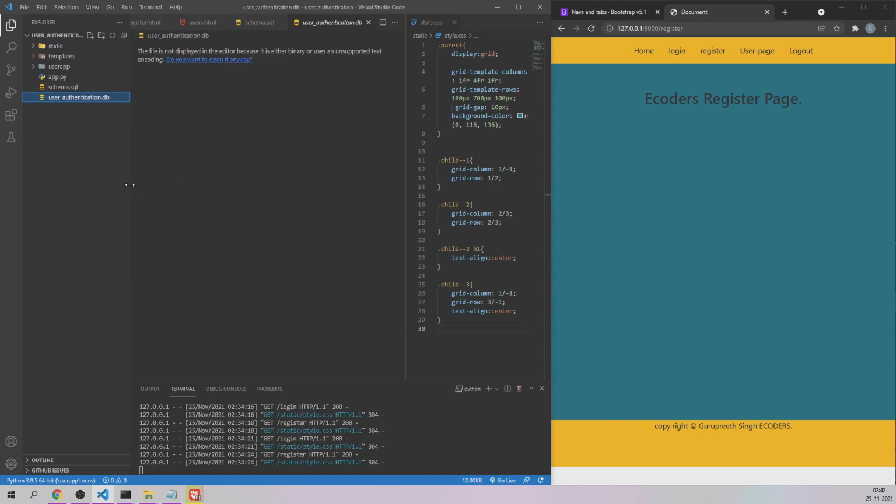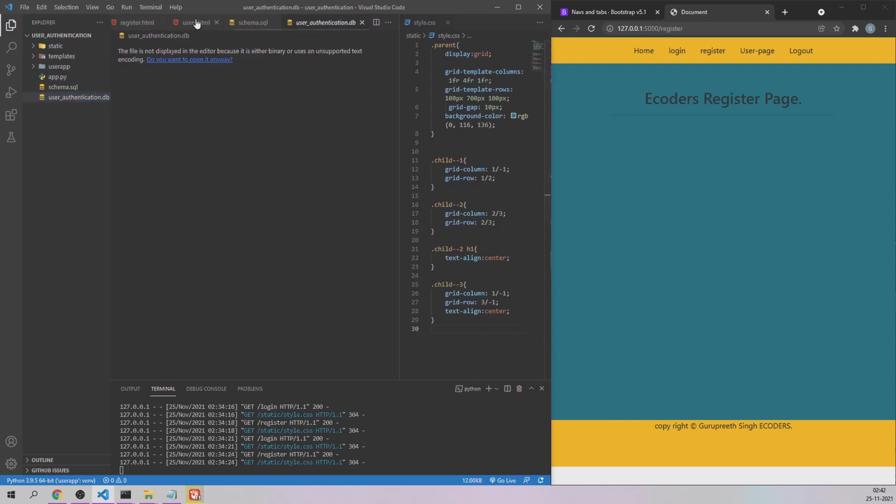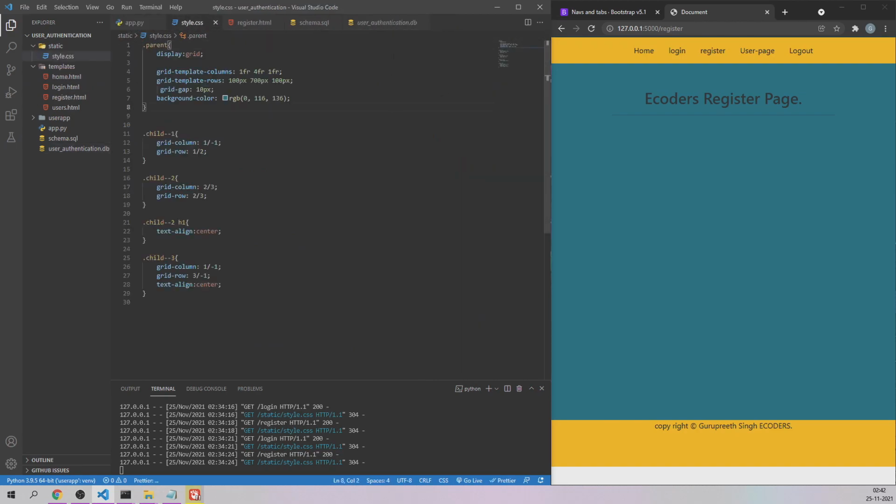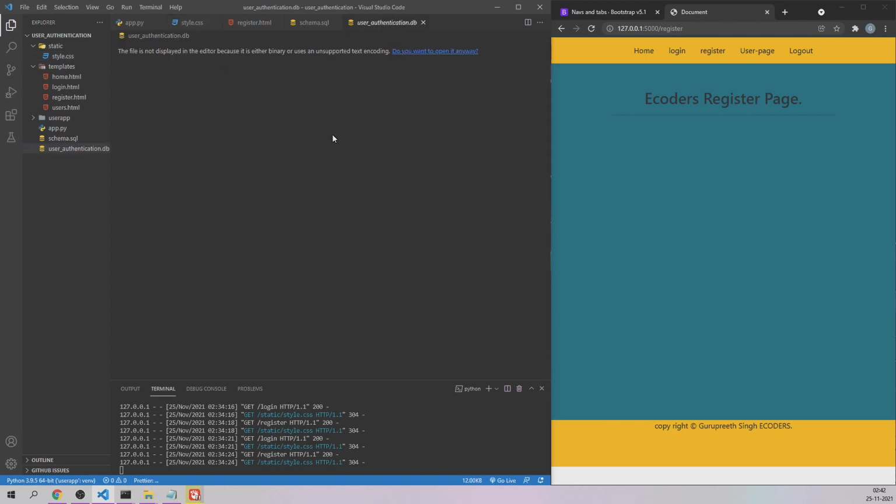Let me minimize this for the time being. This is the user page, so let me close this one. The login page also let me close, HTML page also, and the CSS file is also not required, so let me close it from this right side tab. So we have our user_authentication.db.